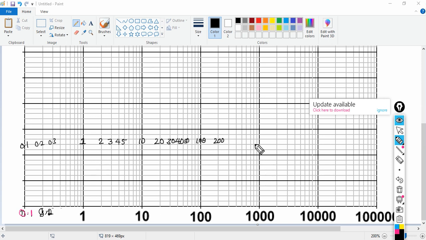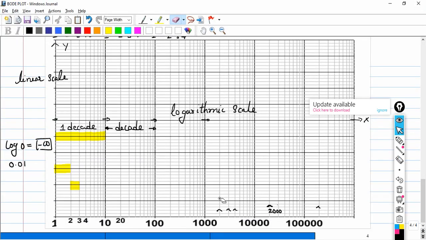And if this is the particular 1000, since it is a logarithmic plot, this particular value will be 2000 followed by 3000, 4000 till 10,000. And this will be 20,000. So this is how you need to read the graph. I hope there is no doubt in understanding the graph.